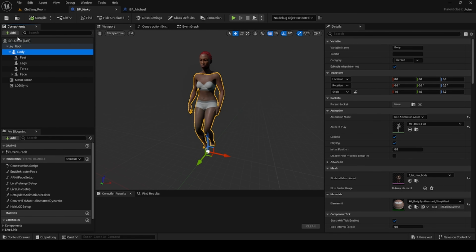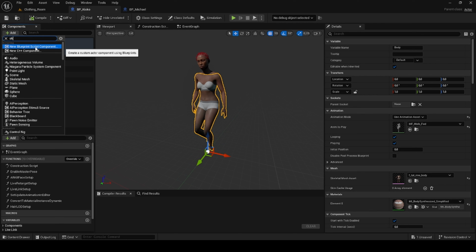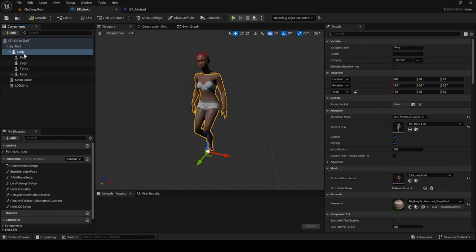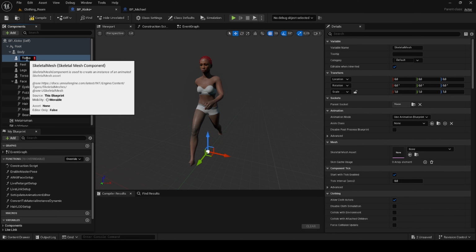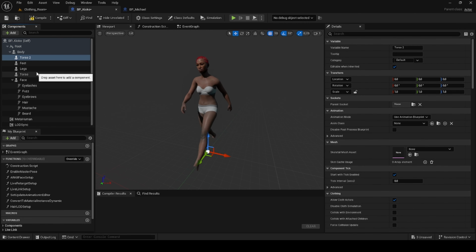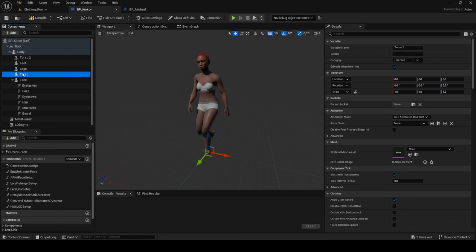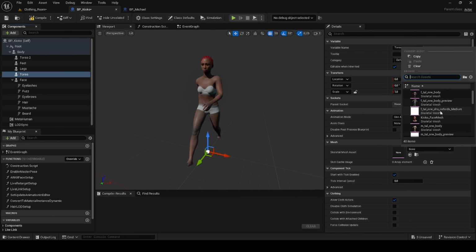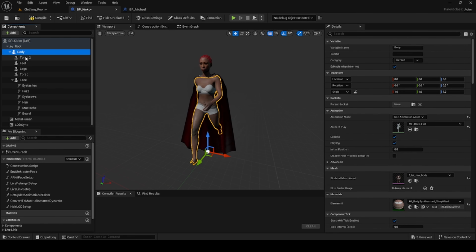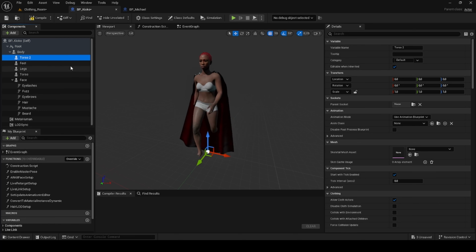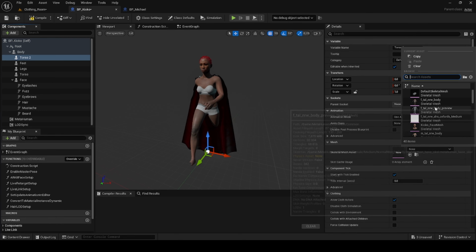What you need to do is add a skeletal mesh under the body, so it's going to be parented and properly work. We add the clothing over here. Since it's a lot of clothing, you're going to need new skeletal meshes, and after you add a new skeletal mesh,